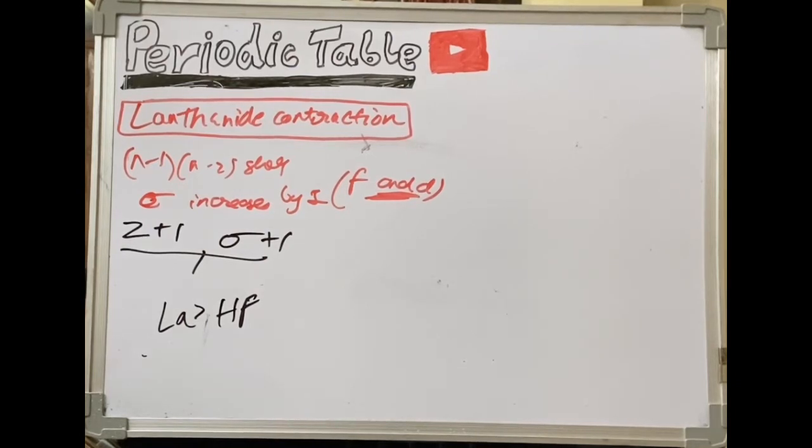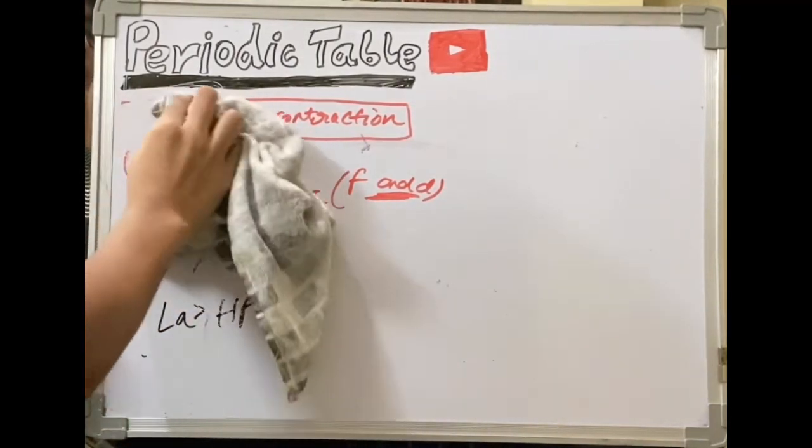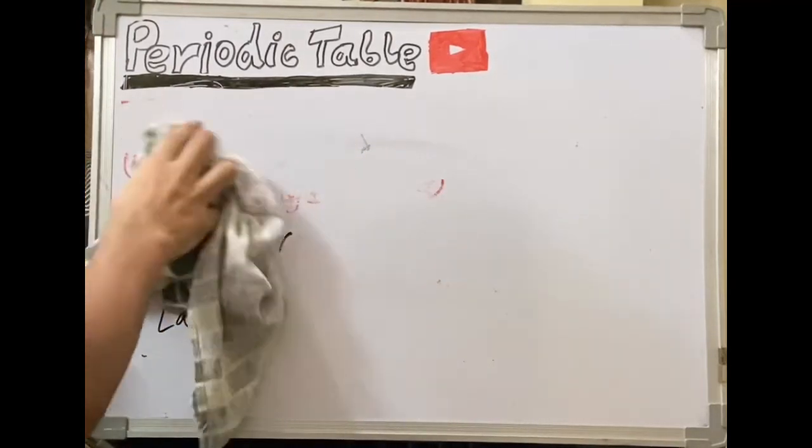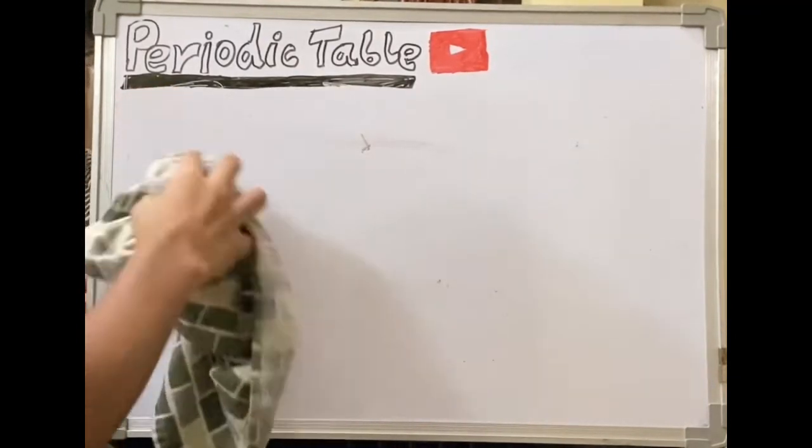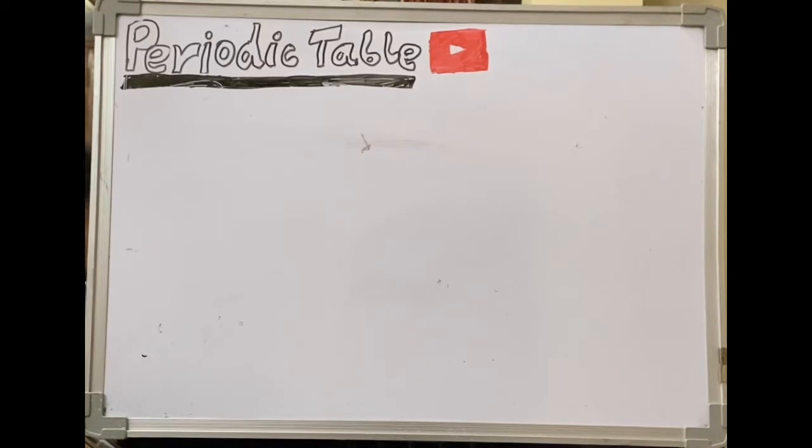Now there is something known as expectations versus reality. In the 3d elements, as we were studying, those come after calcium: scandium, titanium, vanadium, chromium, manganese, iron, and all, till zinc. In these also, if we are going from left to right, their atomic radius should definitely decrease, but something else happens over here. So I'll just write the table.